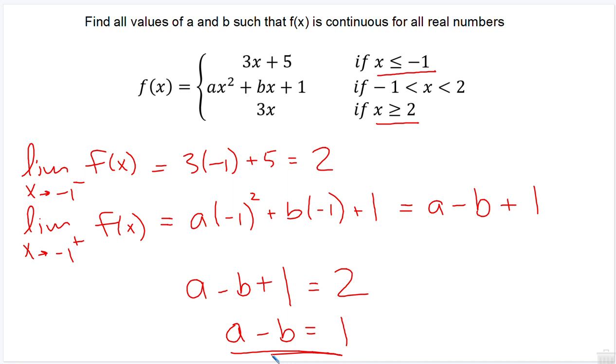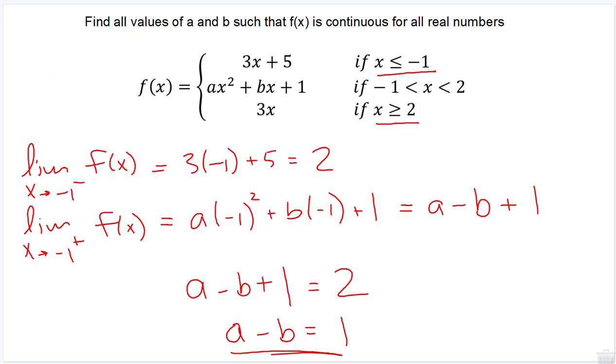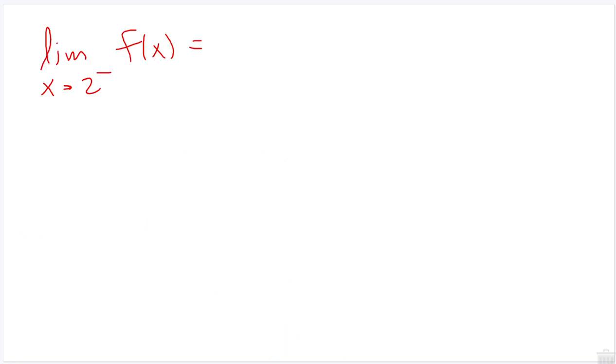So that's a start. Then we're going to have to do the same thing with the limit as we approach 2 from the left and 2 from the right. So we'll do this on a new page. A limit as x approaches 2 from the left of f of x. Well, as we approach 2 from the left, that'd be ax squared plus bx plus 1. So I plug in 2 to that. 2 squared is 4. So I'm going to have 4a plus 2b